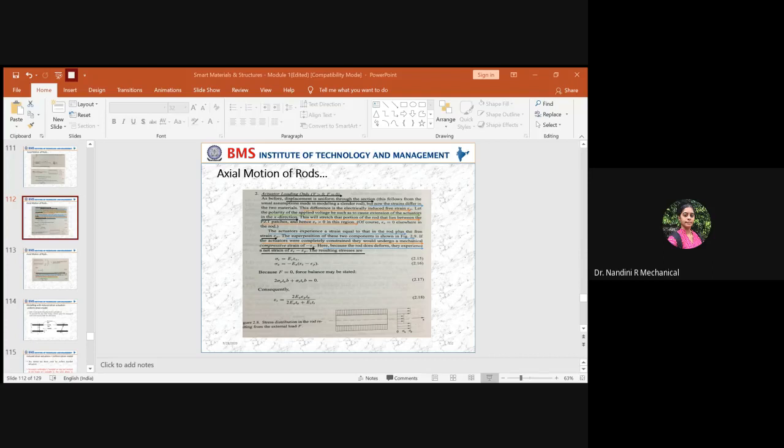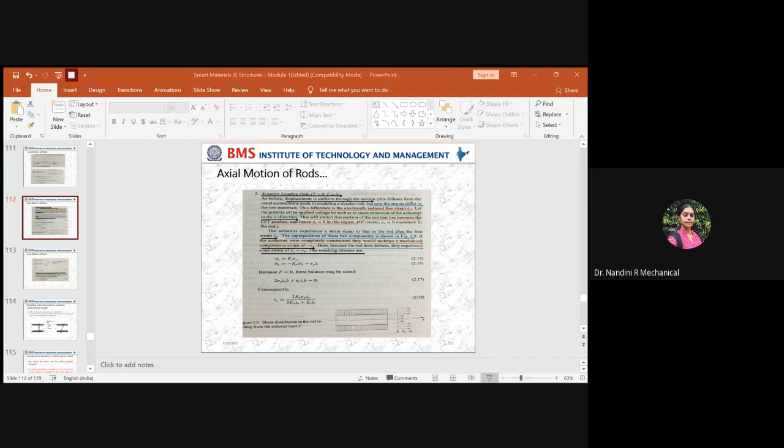So the stress induced across the actuator or the piezoelectric patch will be equal to, you will change the direction. It is in the opposite direction because there is no uniformity in the stress distribution. So the sign convention will get changed. So you will write minus of the elastic modulus of the actuator and the net strain induced will be the difference between the strain across the structure minus the strain across the piezo element. So you should be very careful while solving the problems.